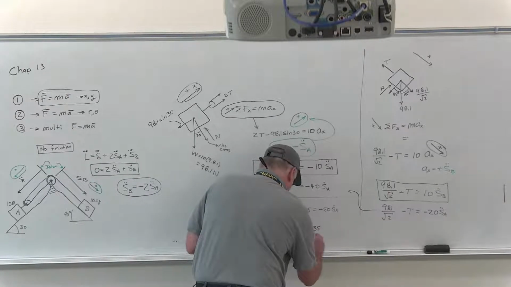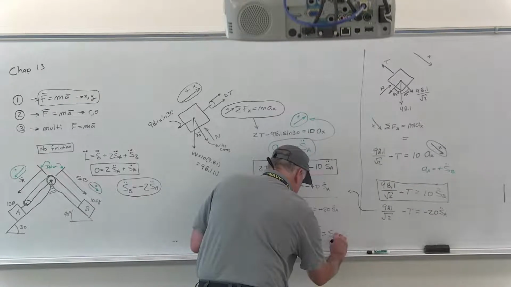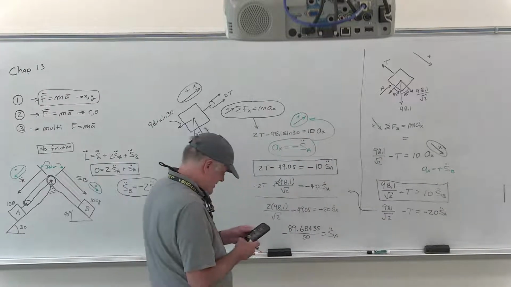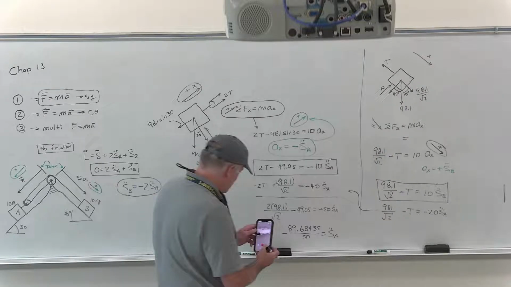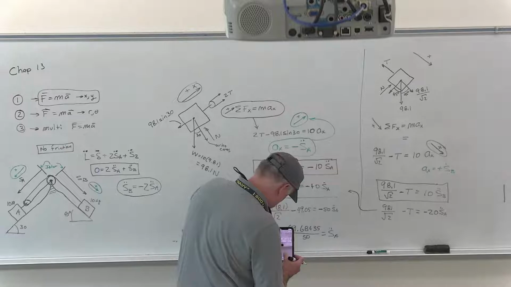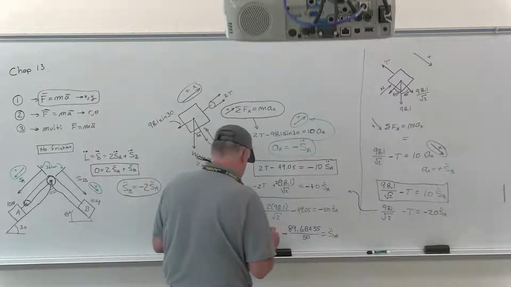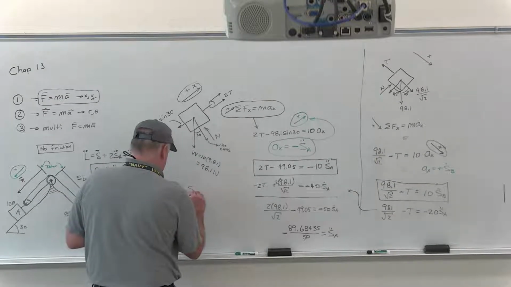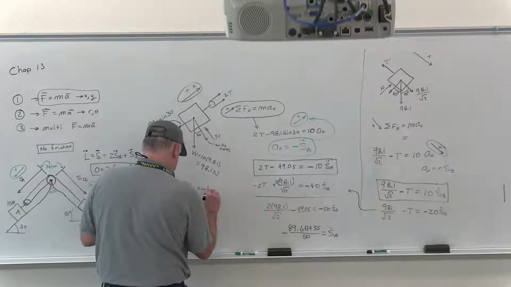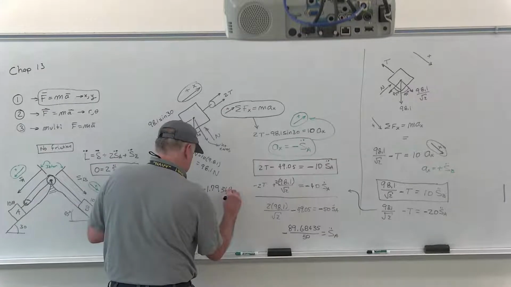89.68435. Now I'll divide by 50, and that should equal SA double dot with a minus sign. Let me see if I can get it to solve that one. First, I've got to make sure it's ready. Yeah. So I get SA double dot equaling minus 1.793687,